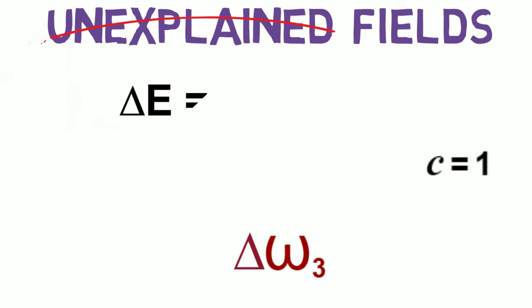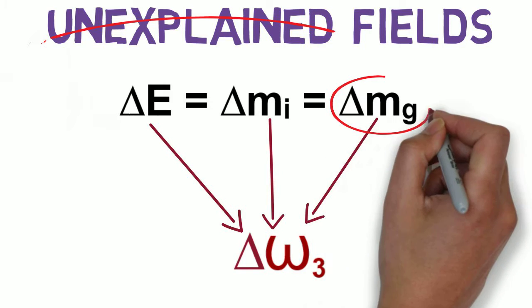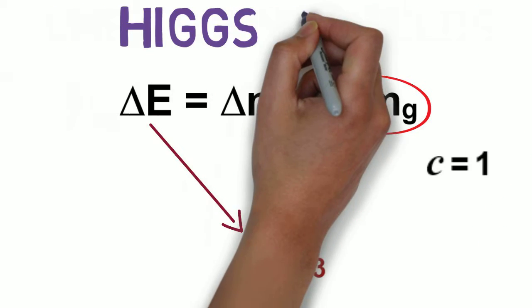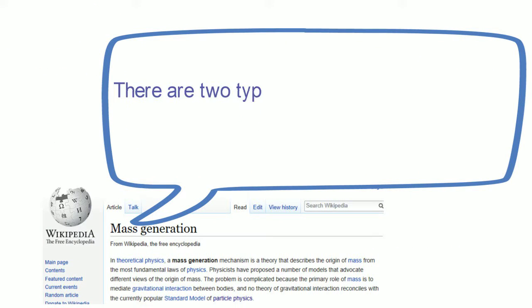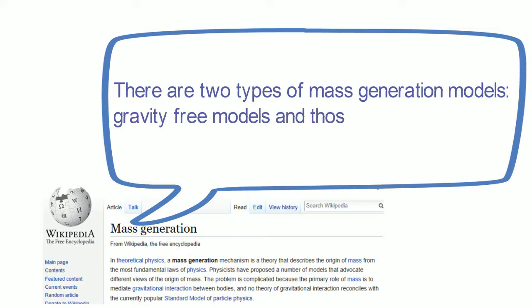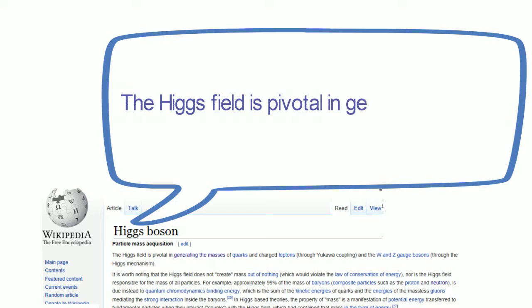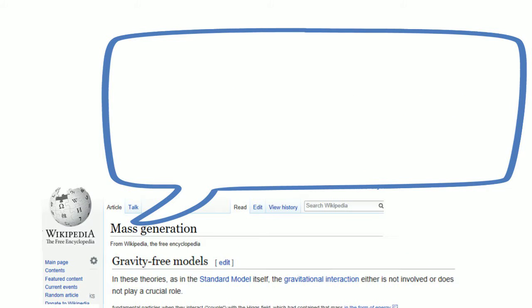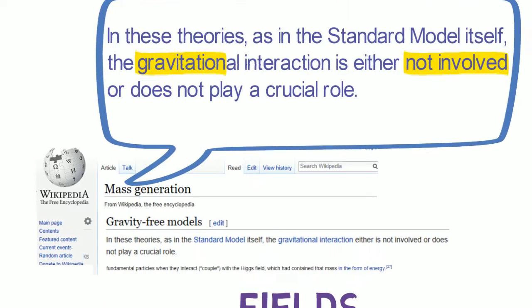Last time, Phyxed modeled energy, inertial mass, and gravitational mass as equivalent. By ignoring gravity, the now famous Higgs mechanism does not accomplish this. There are two types of mass generation models, gravity-free models and those that involve gravity. The Higgs field is pivotal in generating masses. In these theories, as in the Standard Model itself, the gravitational interaction is either not involved or does not play